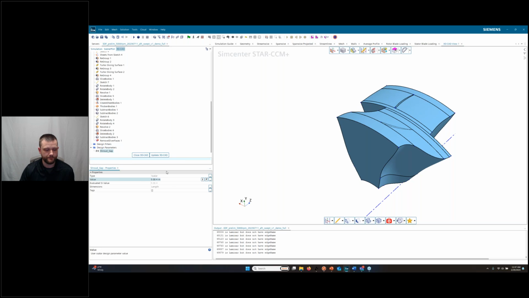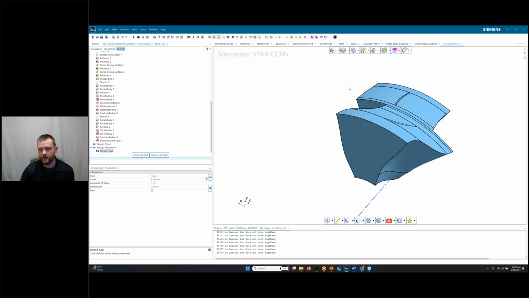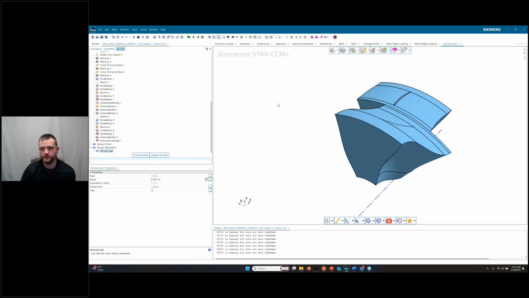And this is something that I can edit directly in the simulation portion of Star to do design studies and things like that to look at performance versus shroud gap. And maybe I need to do some iterations on that, depending on my blade vibrations and stress analysis, to find out how big my shroud gap needs to be. And that's something we can update very quickly.